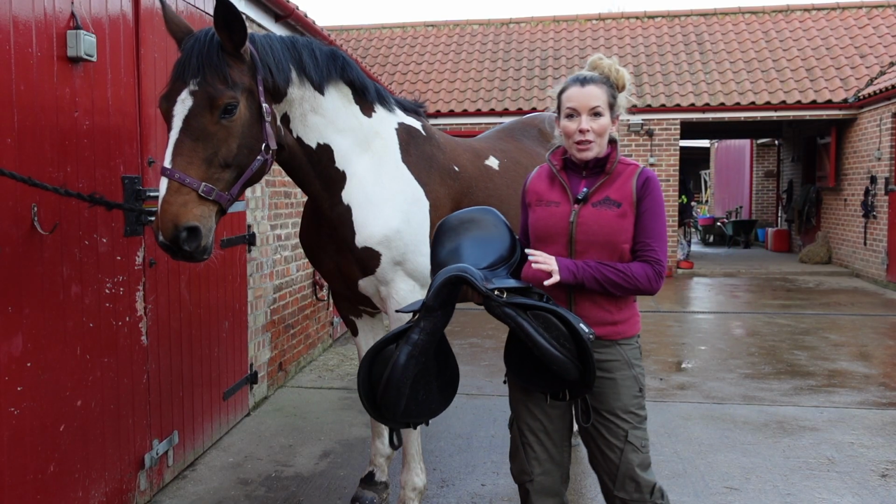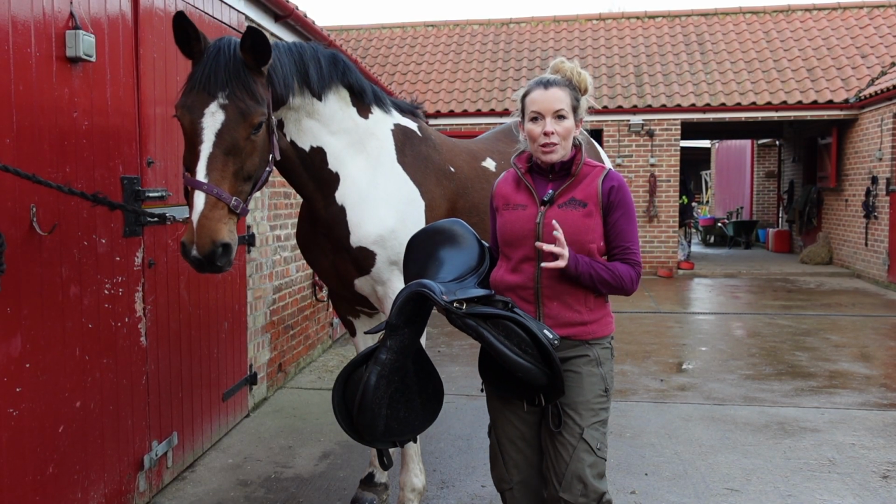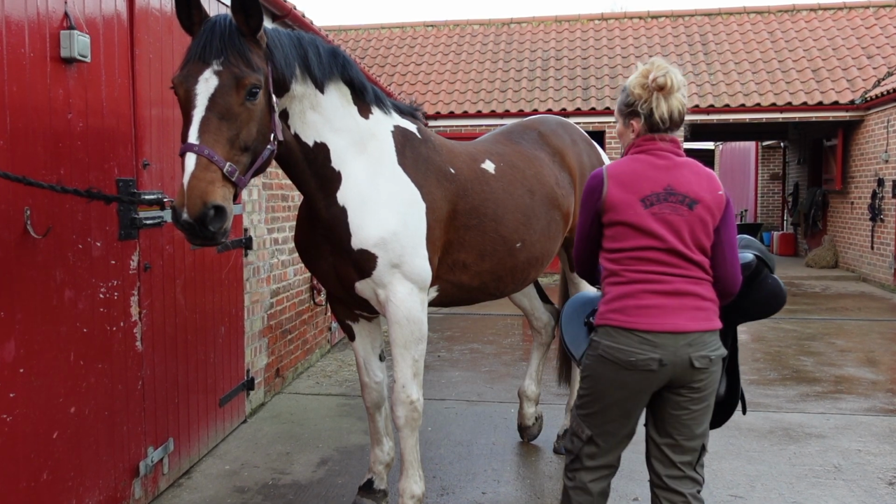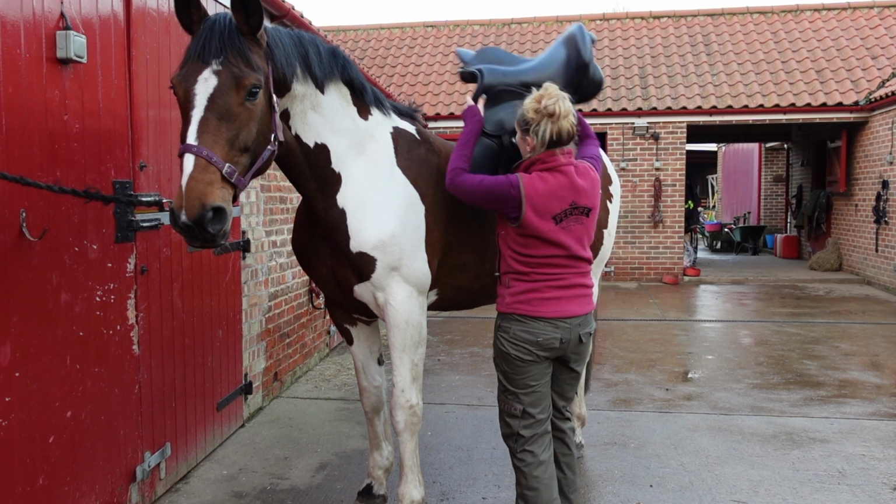So now we know where the point of the tree is, we need to make sure that point sits at 3 fingers width behind the back of her scapula. So when we pop the saddle onto her back,